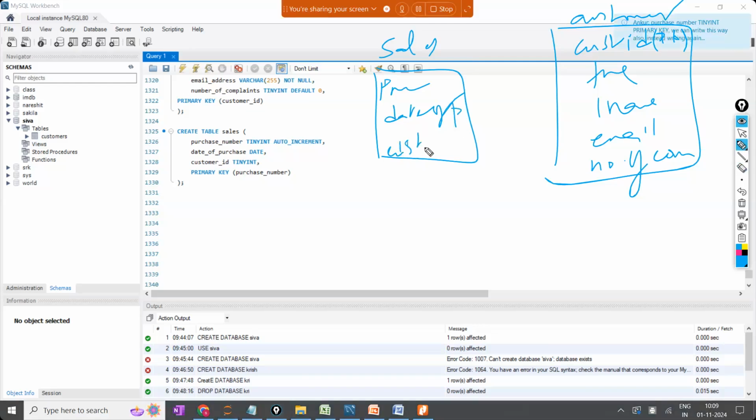After creating customer ID, now I'm going to give the PK here, primary key. With this, this part is also completed.